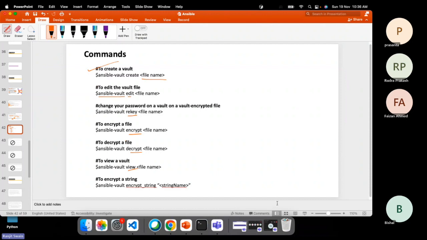Now if you want to see all these things, don't worry about that, make a note. Even though I'll send the videos, you will find it out. Also, in the next classes I'm going to show you how these things work. Okay, you are clear about this Ansible Vault. Now let's move on to